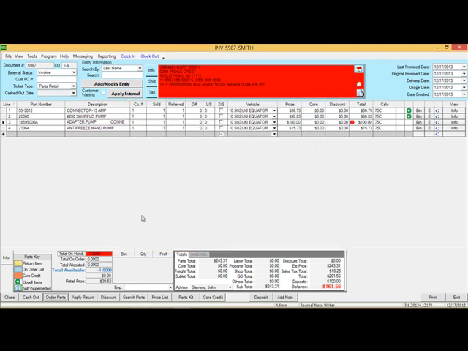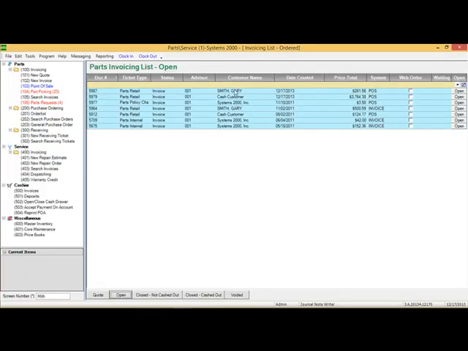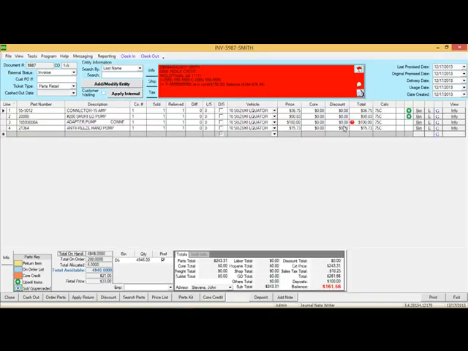At that point, if the customer wants to go ahead and cash the ticket out, we can cash it out, or we can just close the ticket, or just exit the ticket, and the ticket will be sitting here on our screen waiting for those parts to come back in. And when they come back in, we'll get a notification, and we call the customer up and say, come get your parts. At that point, we just open the ticket back up, hand him the parts, cash the ticket out,